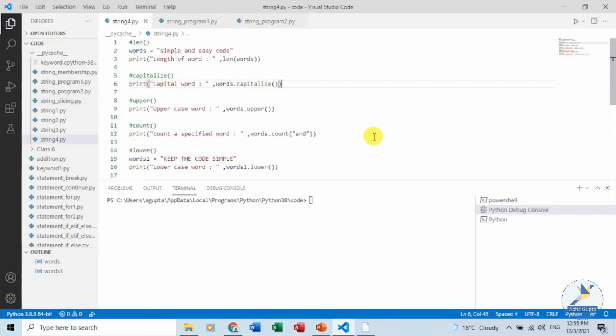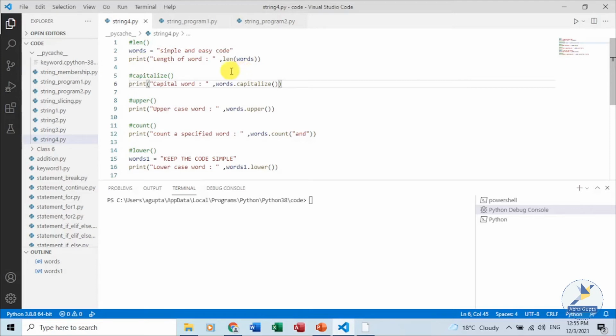There are several built-in string functions present in Python. All string methods return new values. They do not change the original value. The first function which we have is the length function, which returns the length of the string, the total number of characters which are present in the string.